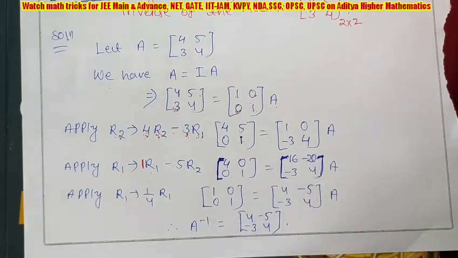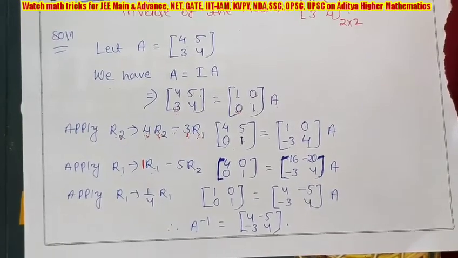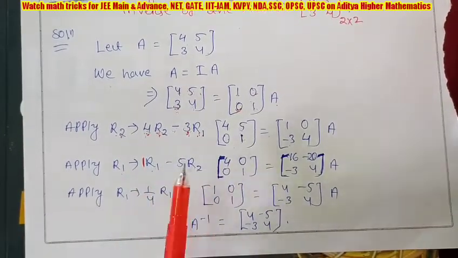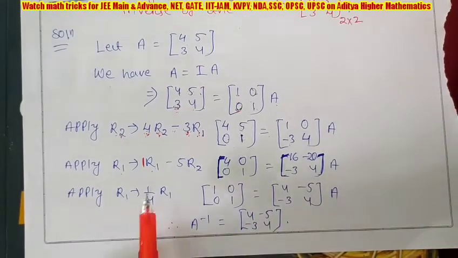Just like a system of linear equations you are solving. When the first equation x coefficient is 3 and the second equation coefficient is 2, how are you solving? That means the second coefficient 2 you are multiplying in the first equation to get 6, and the first equation coefficient you are multiplying in the second equation, then you are subtracting. Like this only you are doing here, nothing else. How do you solve a system of equations? By multiplying the alternative coefficients and subtracting. Same thing only we are doing here.